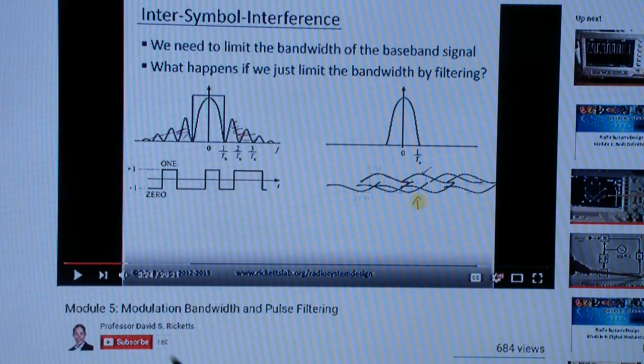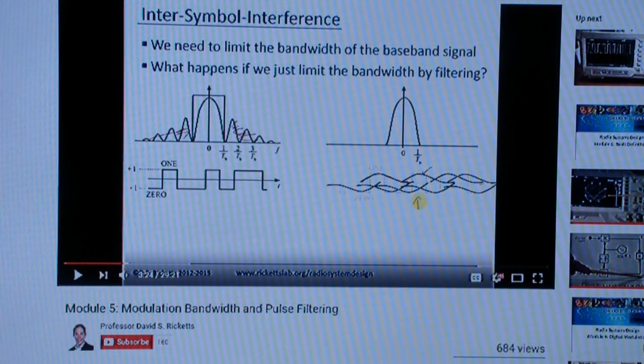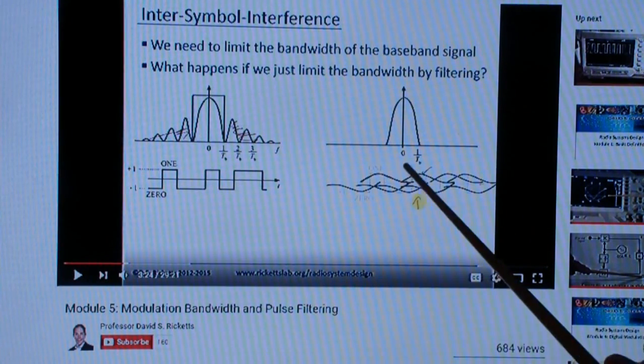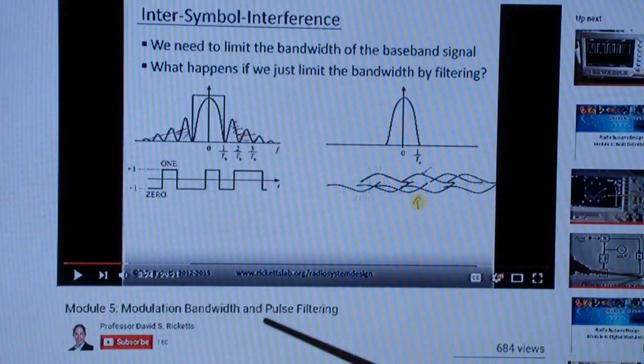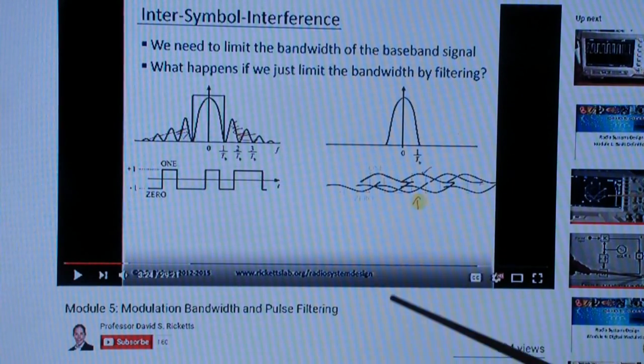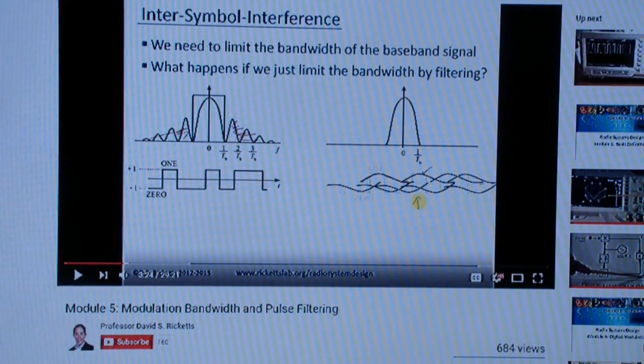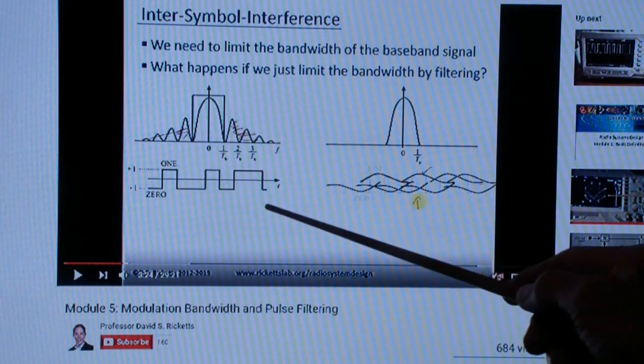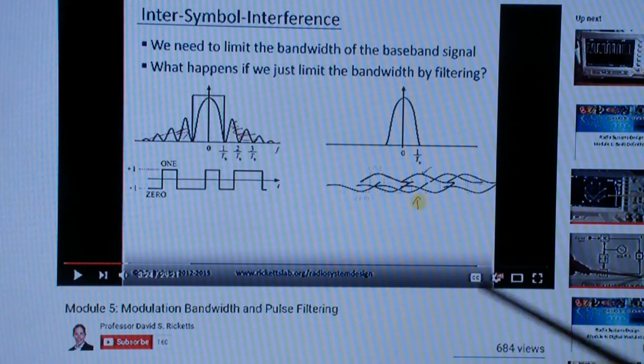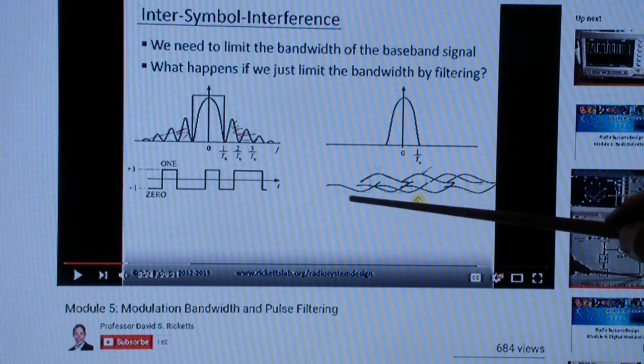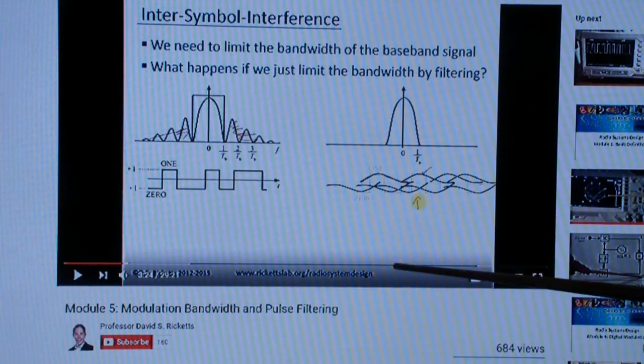This is module 5 of what I think is a 13 or 14 module course on digital modulation. This particular module is on bandwidth and pulse filtering, and I wanted to point this out because I said when we got there that I would mention this channel, and then I never did,